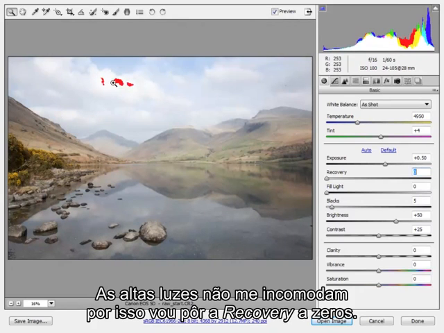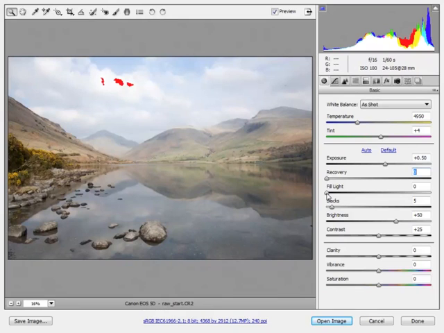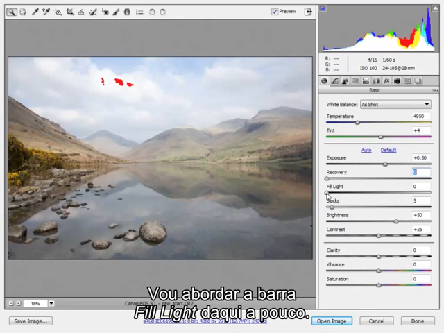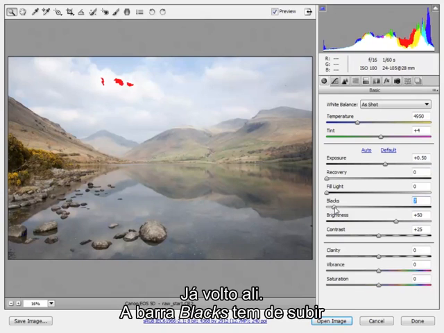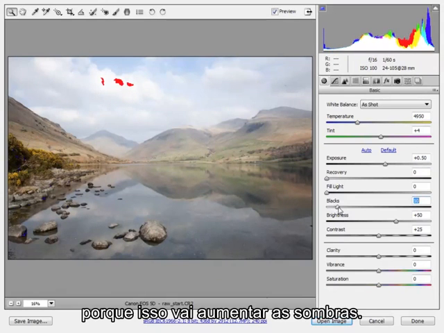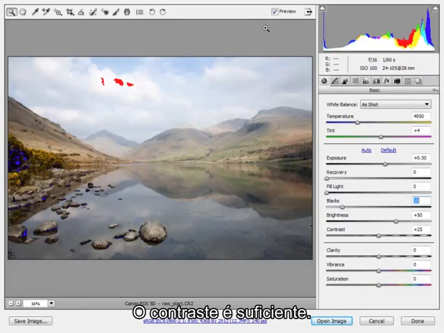And actually I don't mind those bright highlights, so I'm going to drag recovery back to 0 and keep it where it is. Fill light I'm going to look at in a minute. I'm going to return to fill light. Blacks I'm definitely going to bump up because this is going to boost the shadows and the contrast in our scene,